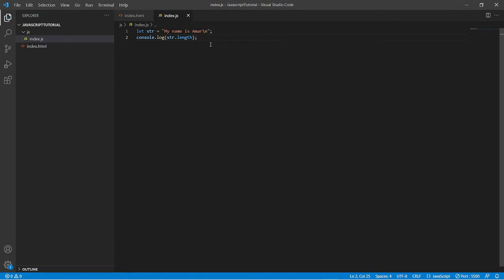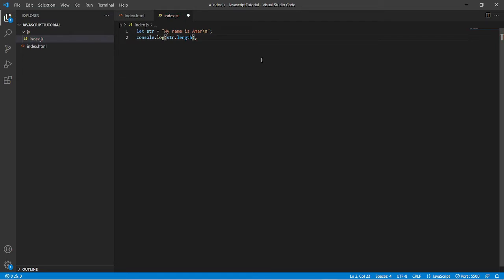The last thing to note about the length property is that it should not be written with parentheses. You should not write length and then parentheses, because it's not a method, it's a property. In JavaScript, whenever we use a property, we use it without parentheses.